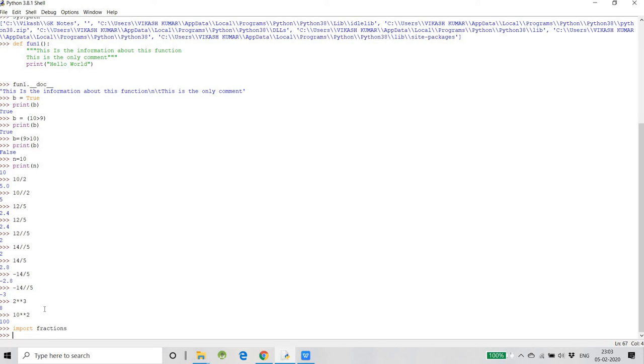Fractions is the name of the library. Import fractions, right? Suppose you have imported the fractions library. Now we need to create a fraction. Suppose we want to create a fraction 2 by 3, right? So what I will do, suppose I want to create a fraction and assign it to a variable, then I will do x is equal to fractions